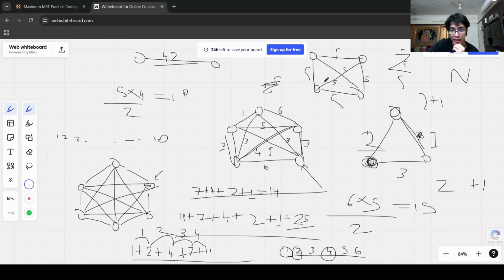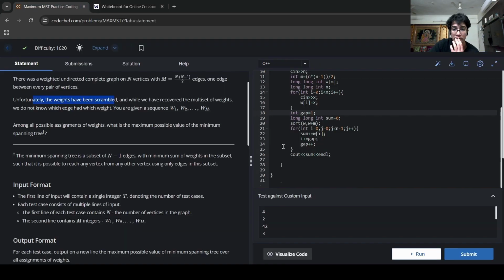But because I had only 4 vertices, I need only 3 edges. And the 3 edges would be at index 1, 2, and 4. And keep in mind that this is after sorting. So sorting is important here. There may be a better option, but this is how I saw it. So to implement this in code,